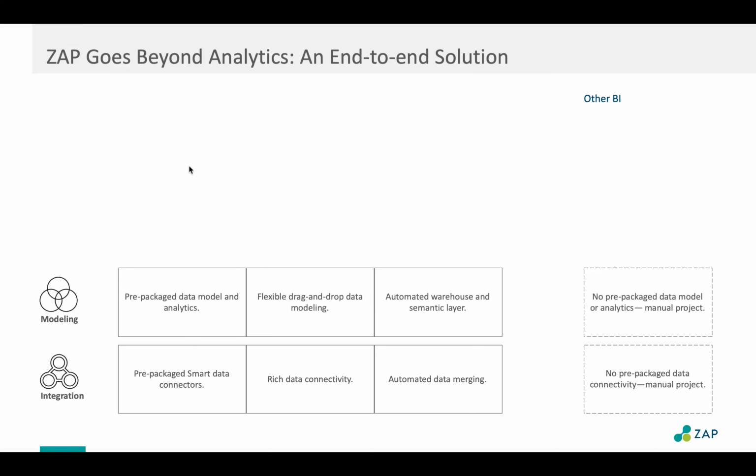Now, I will show you in ZAP step by step these elements, so hopefully it will become a little more clear. But fundamentally, it is integration, bring the data, modeling, transformation of that data into something that is meaningful, and more importantly, compatible with your BI tool. In a normal BI, in comparison, it will again be a manual project.